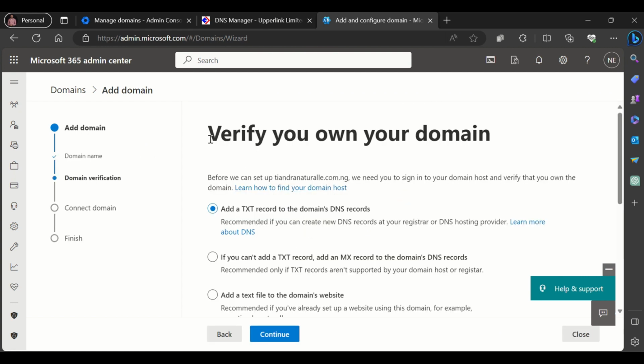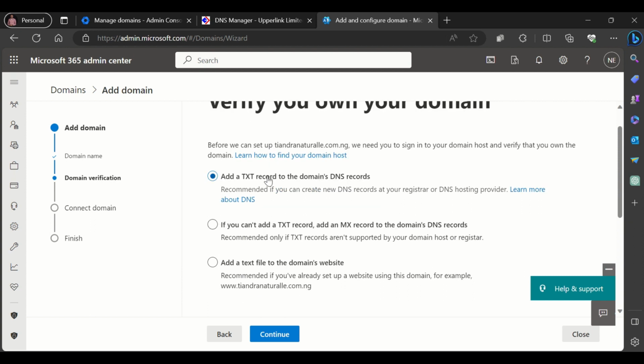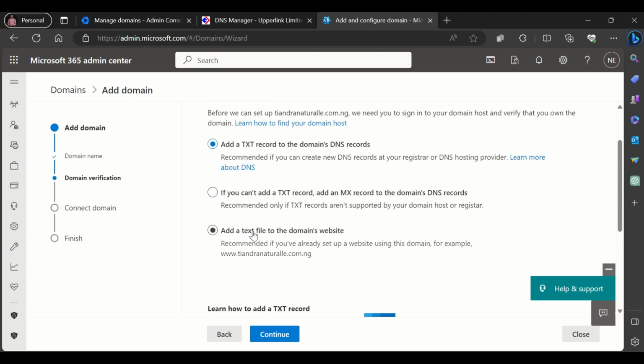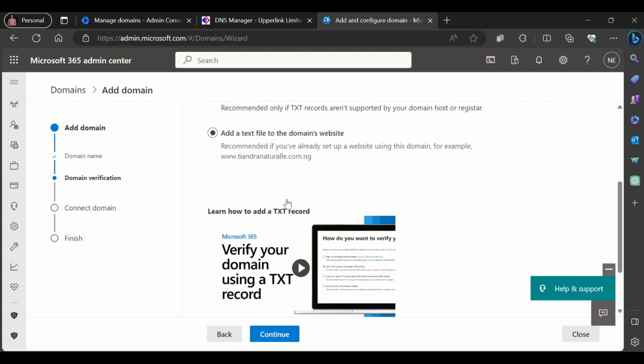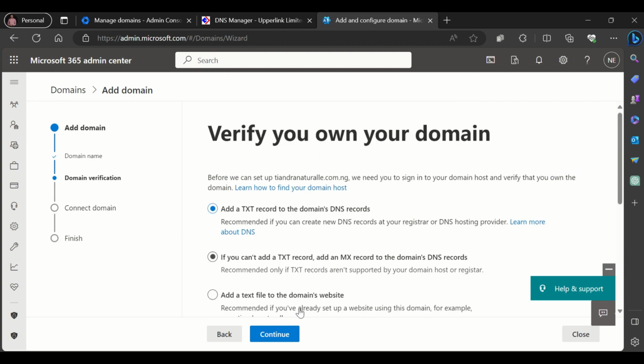Okay, so the next step, I have to verify that I own the domain. And there are several ways you can verify ownership of your domain, either by adding a TXT record to your domain's DNS or adding a text file to the domain site and other methods, right? So for this case, I will be going with the first option, which I believe is easy, which is to add a TXT record to my domain's DNS. So I'll click on that. You also have a video here that can guide you through this step, and you click on continue,